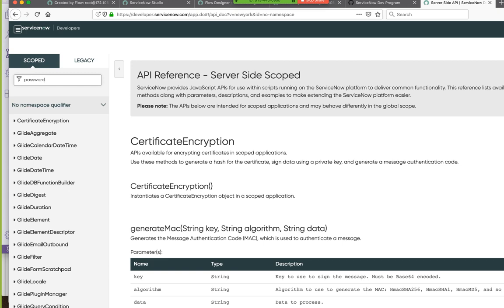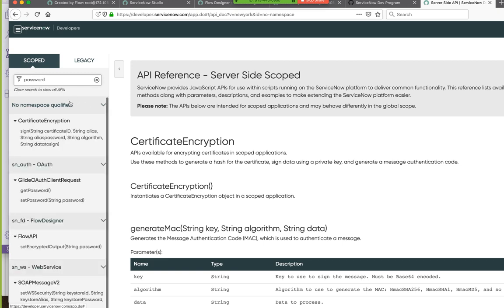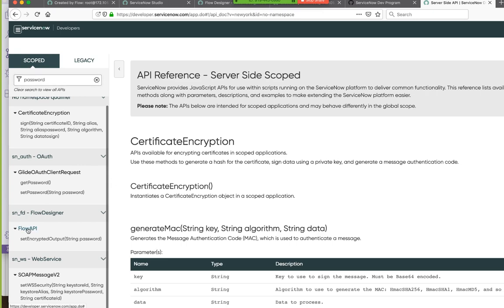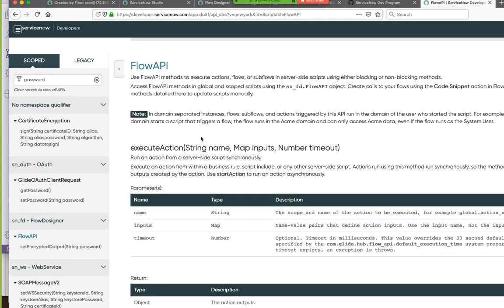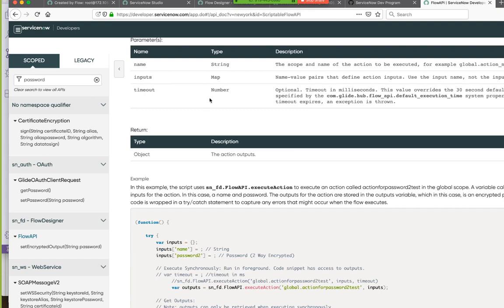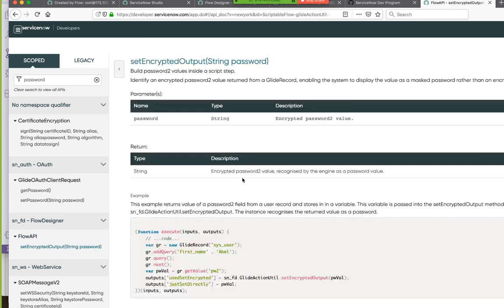Set encrypted output. When you click it, it should jump you right to there. There you go. So you see how it's the outputs and then the name of the output. That should be okay, but that seems weird syntax. But it seems like we called it roughly correctly.